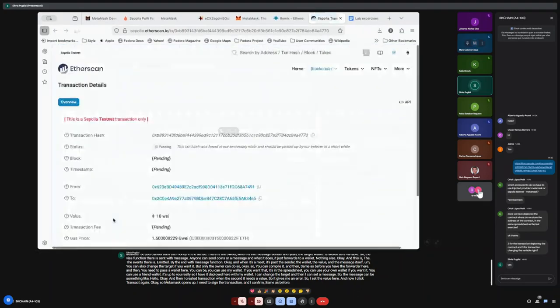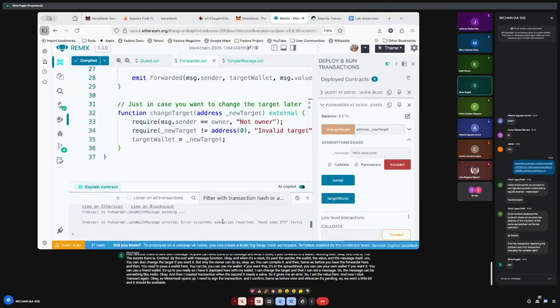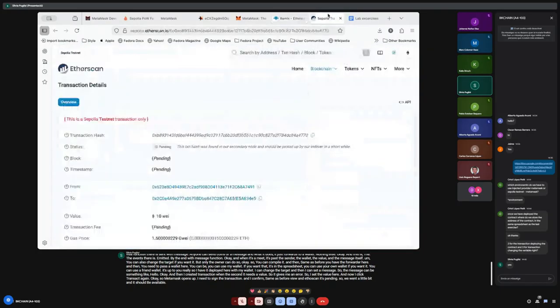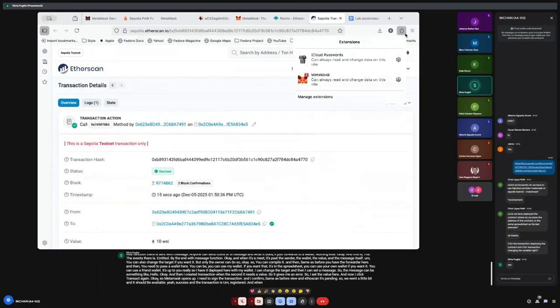Same as before, view on Etherscan. It's pending. So we wait a little bit and it should be available. Yeah, success. And the transaction is registered. And when I go to my wallet,